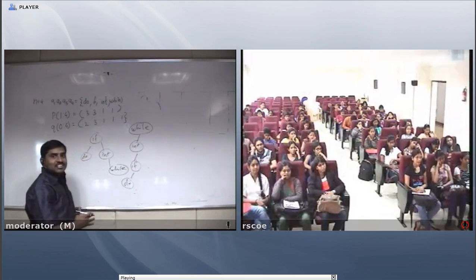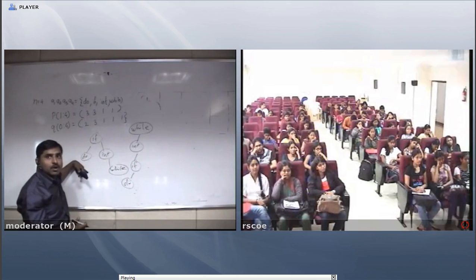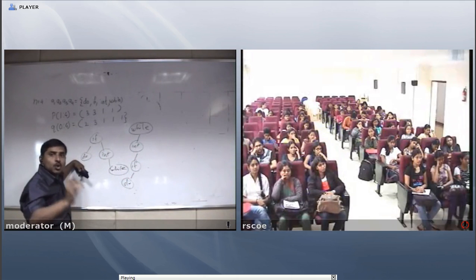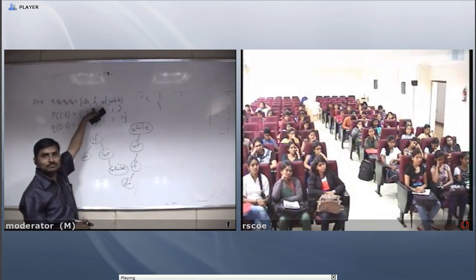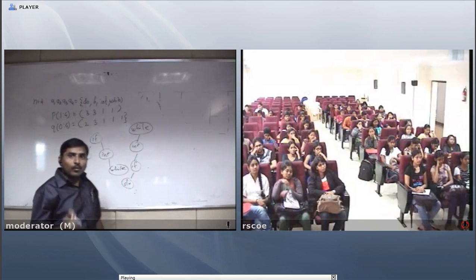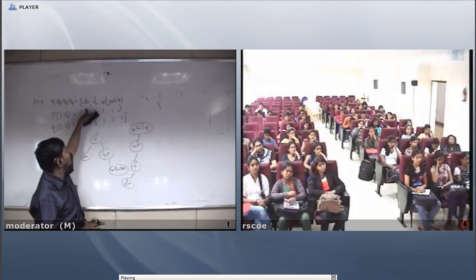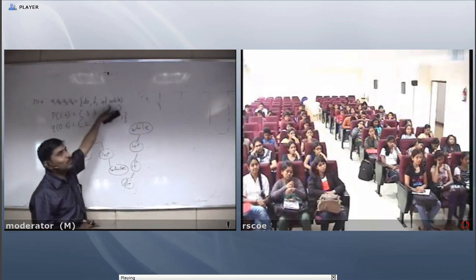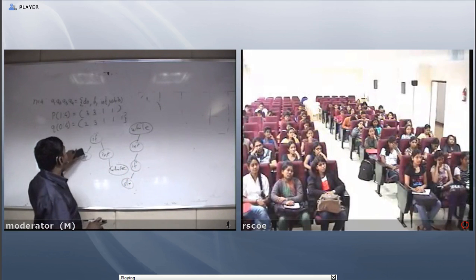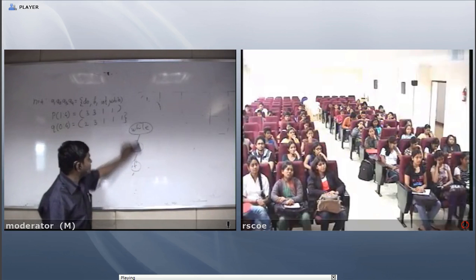I can draw a binary search tree in many ways. Which will be the best root from the given nodes? What is our aim? We want to find which will be the best root from the given nodes. That is the optimal binary search tree.